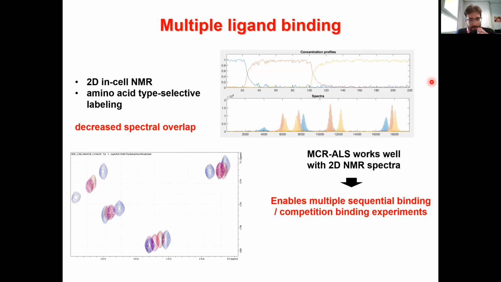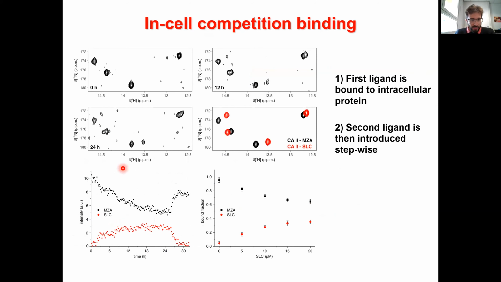We are now applying this approach to perform competition binding experiments. This is still a work in progress, but I'll show you this as an example result. So the approach consists in treating the cells with the first ligand, which is the reference ligand, in order to have 100% fully bound protein to the first ligand. Then at that point, we introduce in a stepwise manner a second ligand, and we keep constant the concentration of the first ligand. So these two are methazolamide as reference ligand and